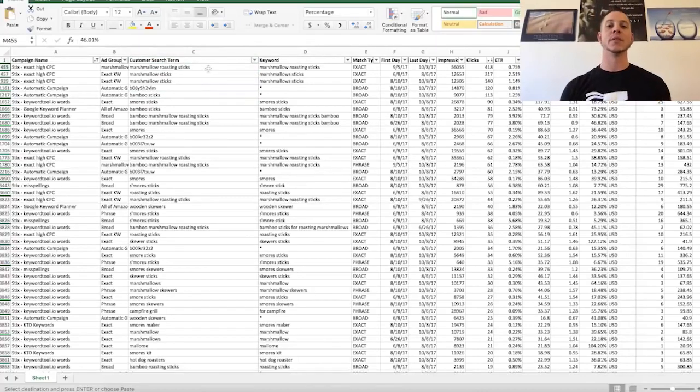And so we're going to talk about this a ton, how to optimize all of your campaigns to make sure that you're cutting all the losers, you're boosting money to all the winners, and increasing your profit as much as you possibly can. So that is how we do keyword research, guys. That is how we set up a manual campaign. And that is kind of the thought process behind getting a brand new product off the ground from a PPC